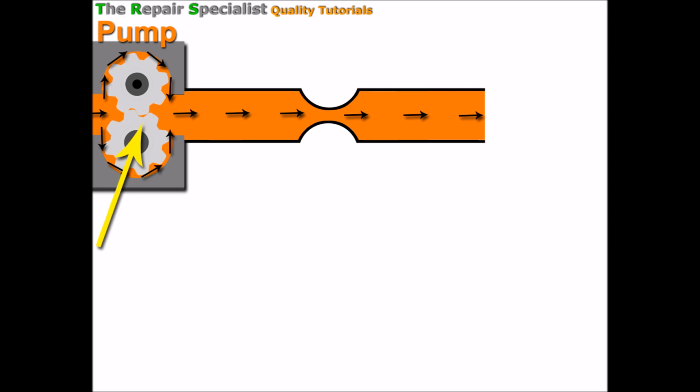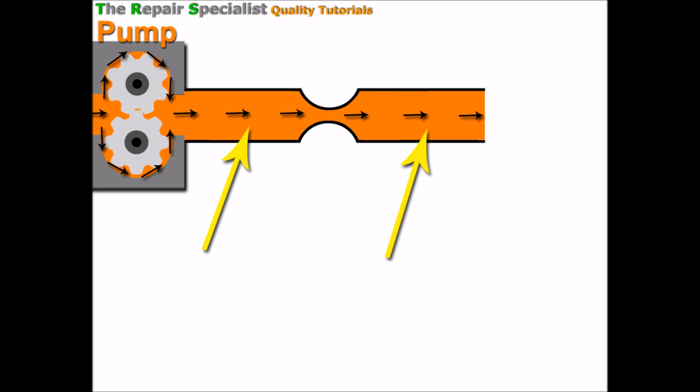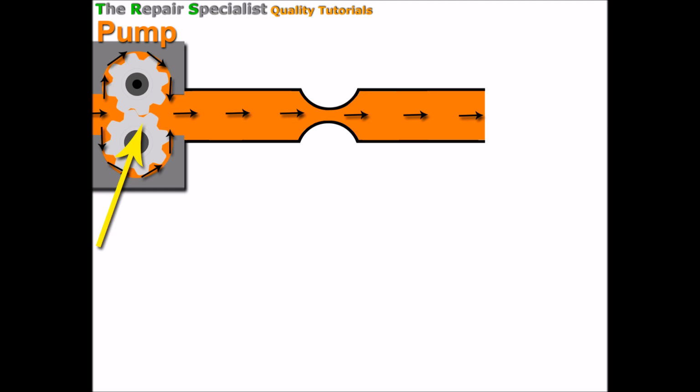And so the pump turning there is creating that flow into the pipe, and that flow in the pipe is at a speed created by the pump, of course. And so as this pump constantly supplies the pipe with fluid, there's going to be a flow here equal to the flow here. Regardless of the restriction in the centre, these 2 points are going to be in equal flow status, and the pump has provided that flow status, that speed. And for a moment let's imagine that this pump's creating a nice steady flow. So the flow coming out of the pump is nice and steady, and it's going through that pipe at a